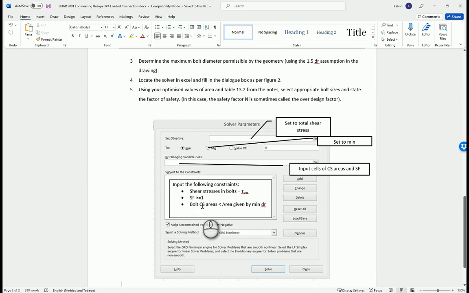And finally, the bolt cross-sectional areas that Excel is changing should always be less than what we had calculated as the minimum permissible from task 3. Right? Now, you could achieve these first two constraints